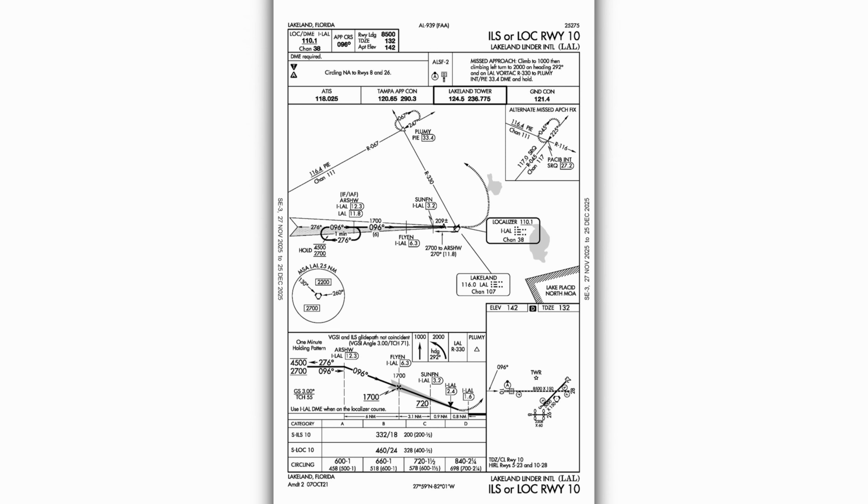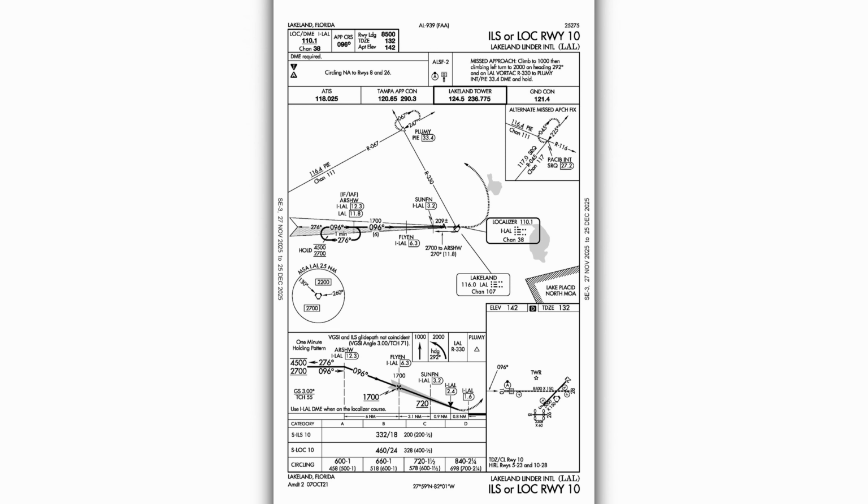Plates are current. Localizer frequency is 110.1 with an identifier I-L-A-L. We'll put that into our NAV1. Final approach course is 096 degrees with a runway landing length of 8,500 feet. Touchdown zone elevation is 132. Airport elevation is 142. The ATIS is on 118.025. We're talking to Tampa Approach on 120.65. Lakeland Tower is set in standby on 124.5, and once we get on the ground, we'll go to 121.4